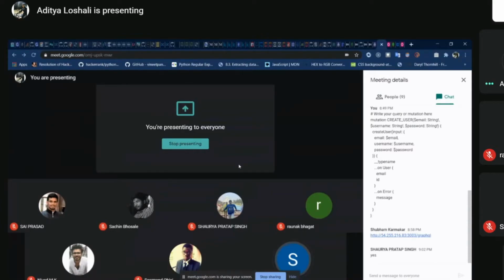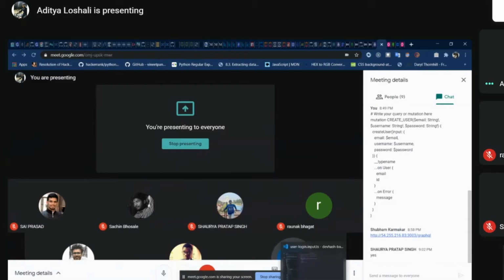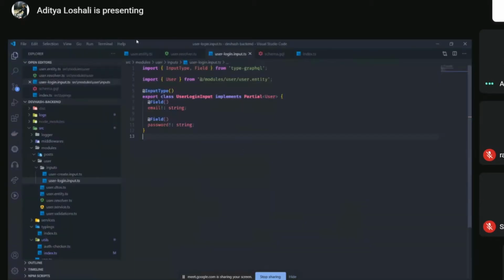Okay, I started recording. So one small request for the people who haven't joined this meeting, I would be sharing a video on the folder structure and where to put what code. So can you really go quick on the folder and explain what to put where? Real quick, in 5 minutes. Sure, sure, sure. Just a second.